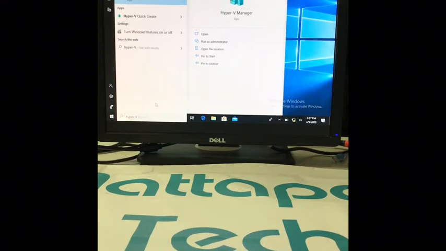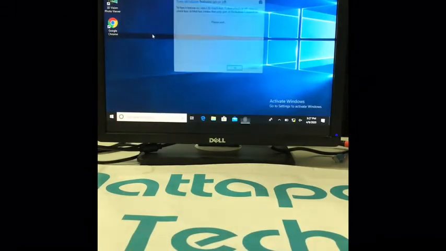And right here on the screen, you see "Turn Windows features on or off." For every operating system, you will find that link, turn Windows features on or off, or whatever. When you click on it,